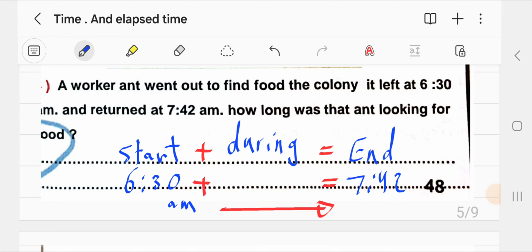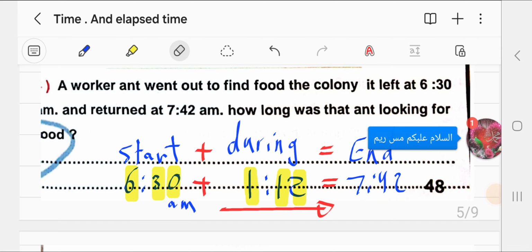0 plus what equal to 0 plus what become 2? 0 plus 2. 3 plus what equal 4? 3 plus 1. And then let's look for this hour: 6 plus what becomes 7? 6 plus 1. Let's revise: 0 plus 2 equal 2, 3 plus 1 equal 4, 6 plus 1 equal 7. So this is the period